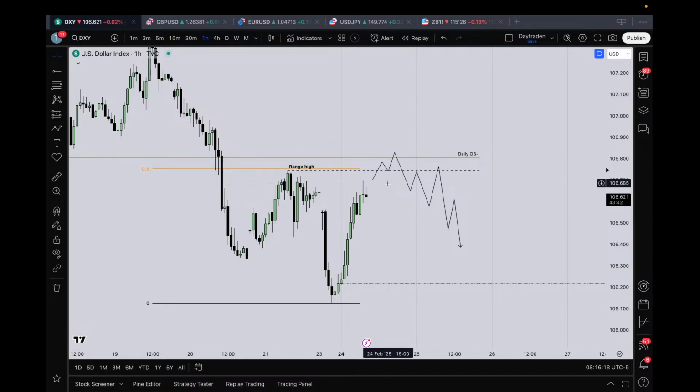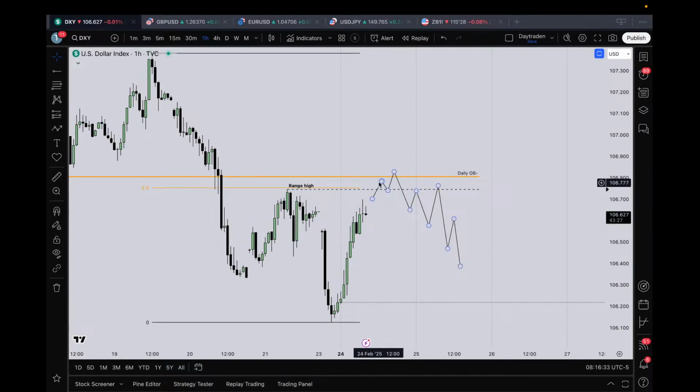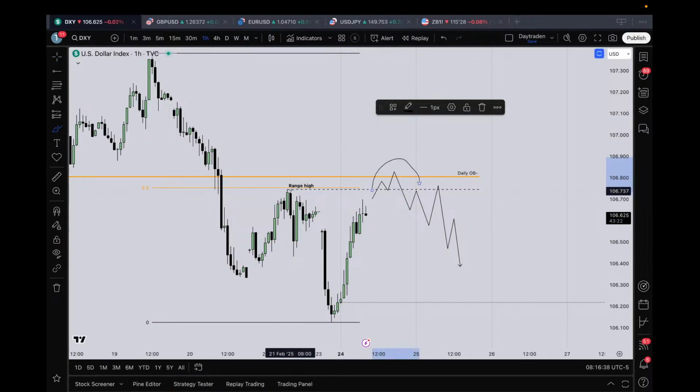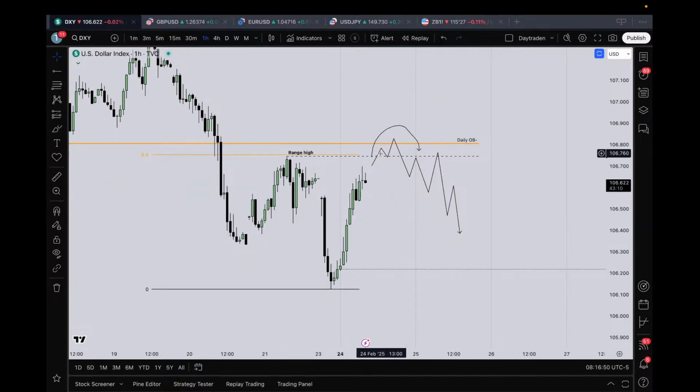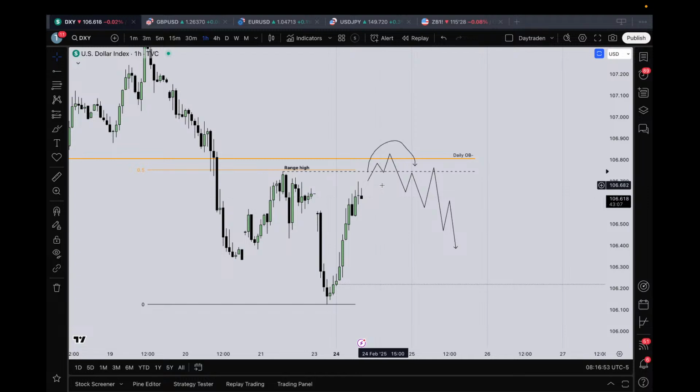reversal from there. Could you play the reversal? Yes, of course you could, but it is not really suggested. It is always suggested to wait for institutional sponsorship to occur before you take a trade. So if you are going to trade this over here, you are trading the turtle soup because you are anticipating a rejection of the range high. So we are taking out buy side liquidity and you're anticipating a move towards the sell side liquidity pool after the buy side has been taken out. This is a valid option and, of course, an absolutely valid way to trade.